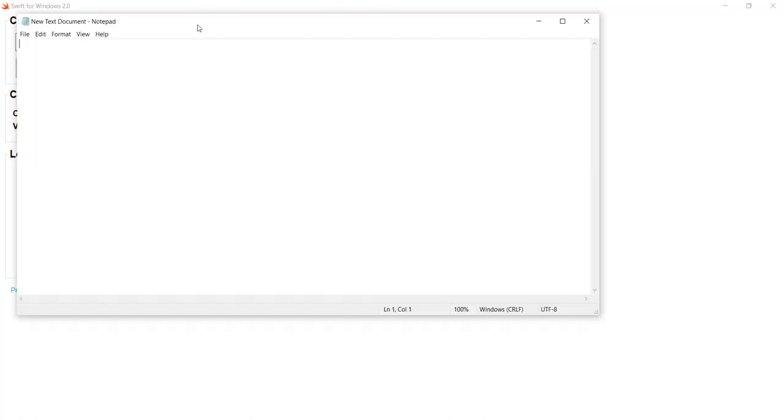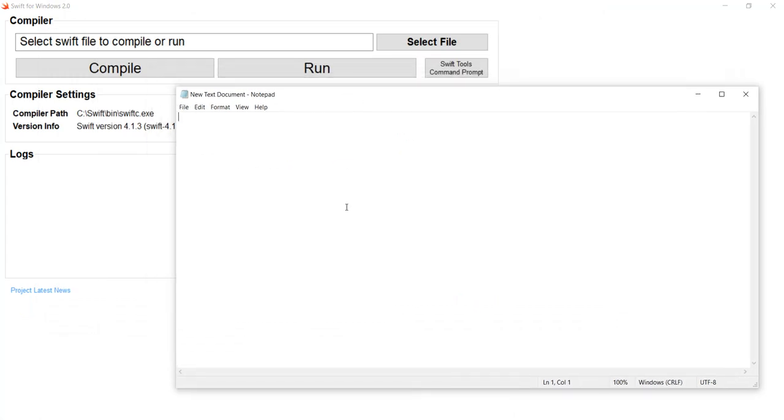The example program that I'm going to take today is I'm going to take a number and see if it's a positive or negative number. I'm going to check if the number is less than 0. If it's less than 0, the number is going to be negative. If the number is greater than 0, it's going to be positive. And if the number is 0, it's going to give the output as the number is 0.